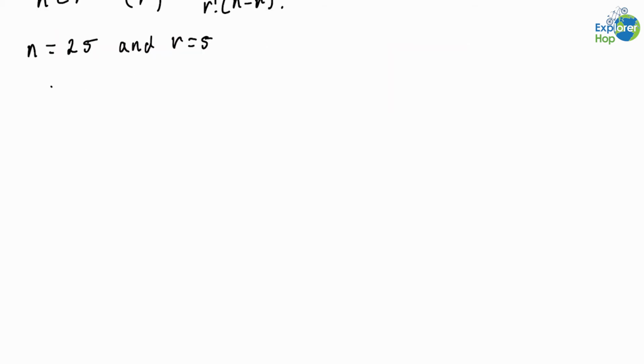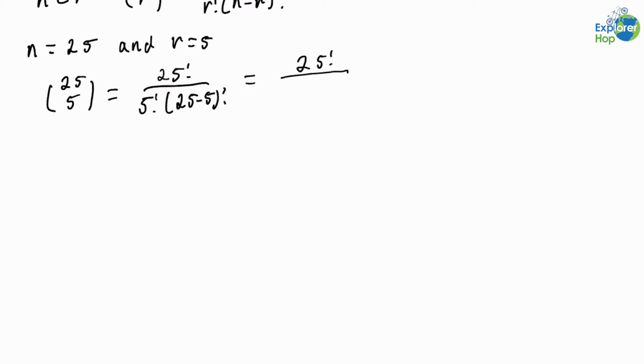And so 25 choose 5 is equal to 25 factorial over 5 factorial times 25 minus 5 factorial, which is equal to 25 factorial over 5 factorial times 25 minus 5 factorial, which is 20 factorial. And this is equal to